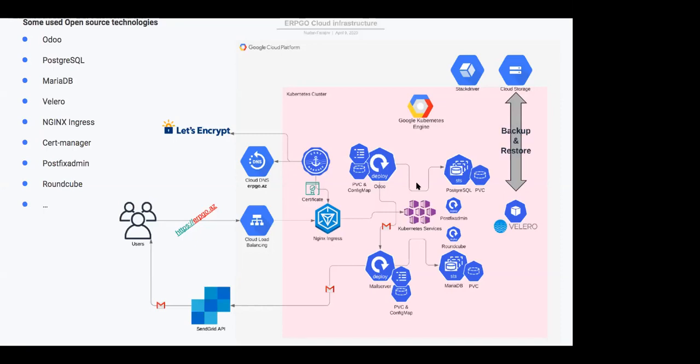You can see here PostgreSQL as the backend of our ERP system. And we have a mail server for our employees. It's also based on open source solutions and uses MariaDB as a backend. And you can have some small applications to control the infrastructure, admin tools, etc. And we have Velero here, which is,